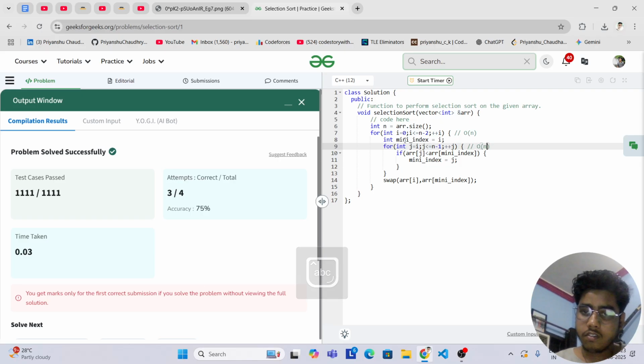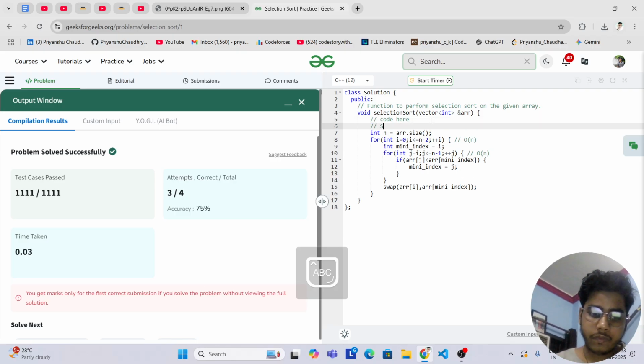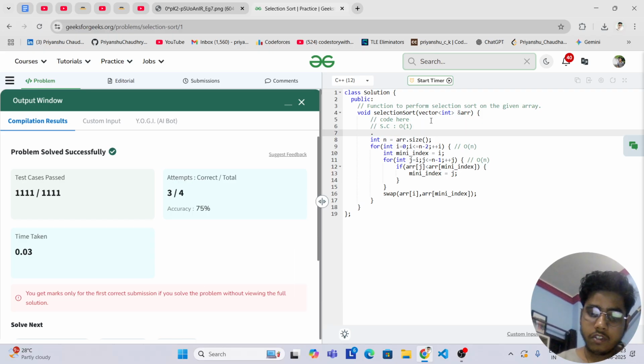We are not using any extra space, so the space complexity is big O of 1, and since we are using two for loops, the time complexity is big O of n square.